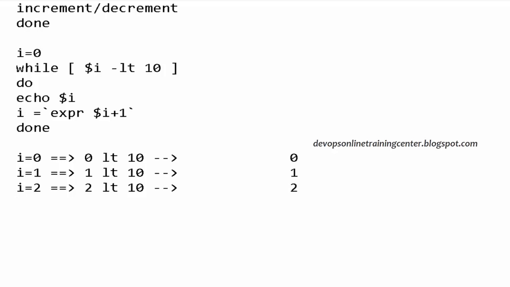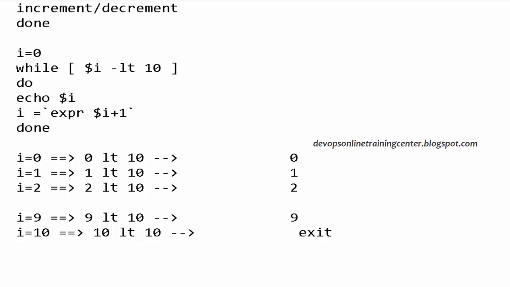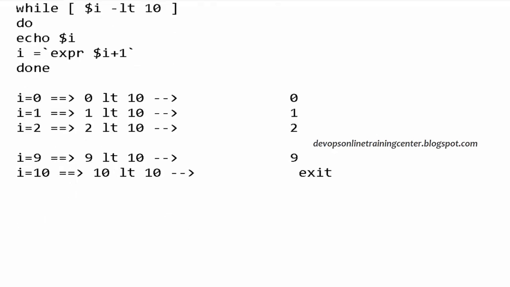So like that this loop will iterate till the I value becomes 9, right? So 9 is less than 10, true or false. This is also true. So 9 will be printed. Then the I value will become 10. So 10 is less than 10, true or false. False. So it will exit, right? So 0 to 9 will be printed on the screen. This is the while loop. It has three blocks: initialization, condition checking, increment or decrement, right?